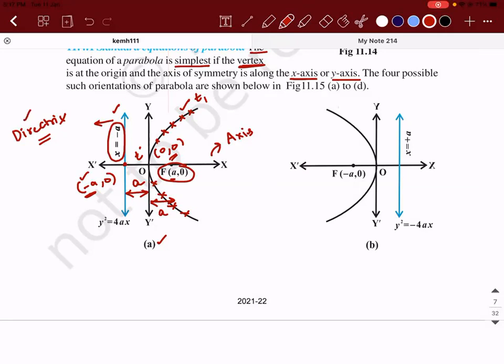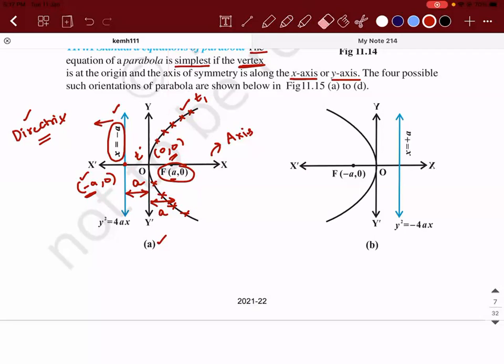Tell me, is every step clear in what I explained? Is there any doubt? Don't accept it for my sake. If there is even a small doubt, get it clarified. Is everything clear? Did you understand what is the vertex? Did you understand what is the axis? Did you understand what is the equation of the directrix? Yes, sir.